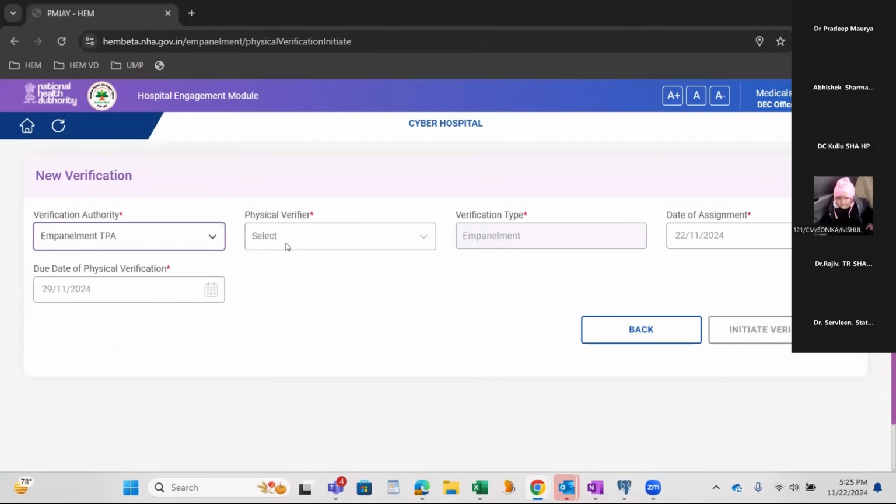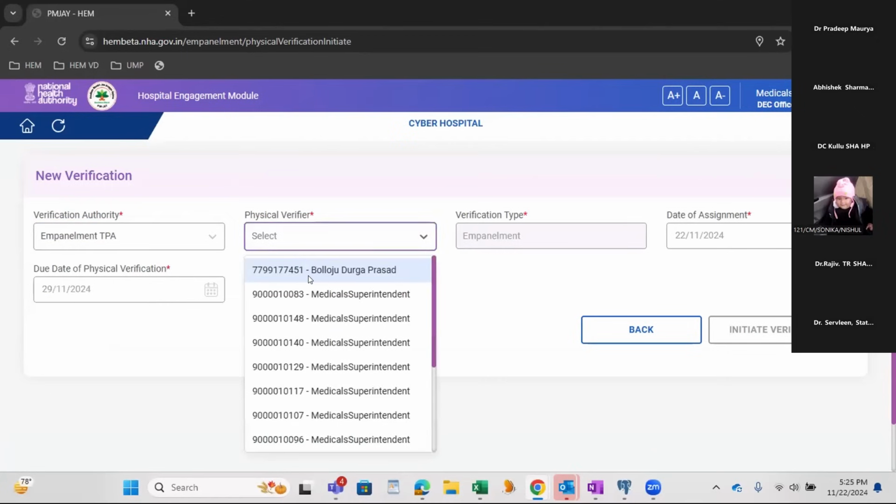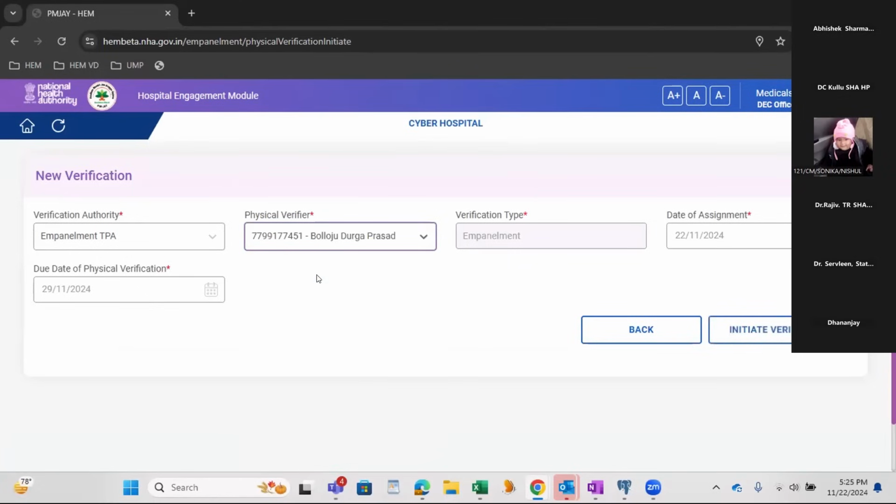If I select TPA physical verifier, these are all the physical verifiers under the TPA. I select one of the TPA for which I have user credentials, and the date of assignment and due date of physical verification will be auto populated, within 7 days of assignment. Now click on initiate verification.